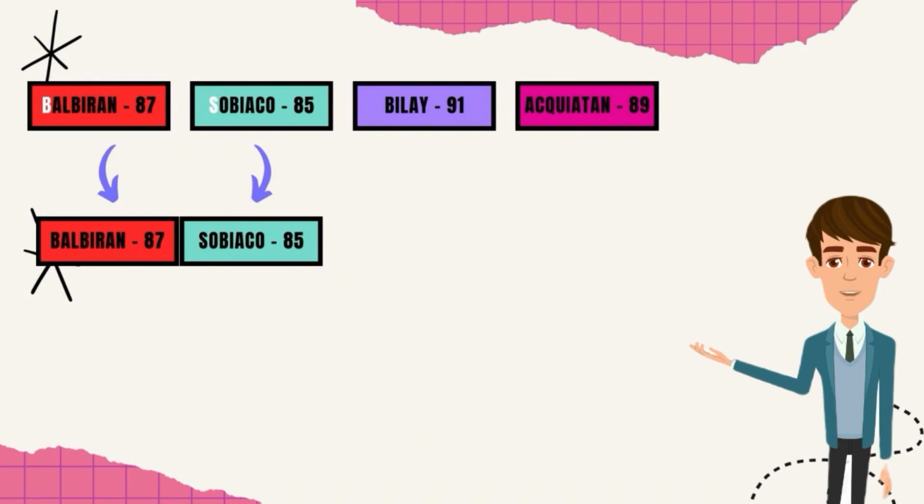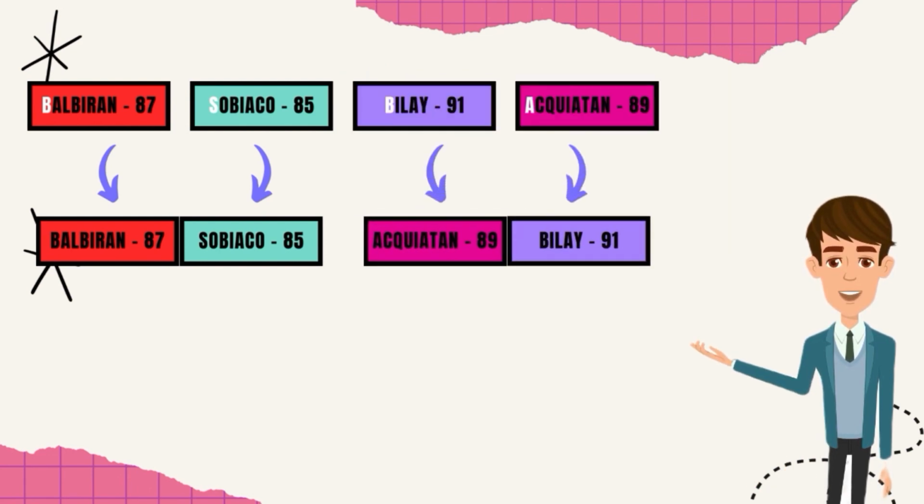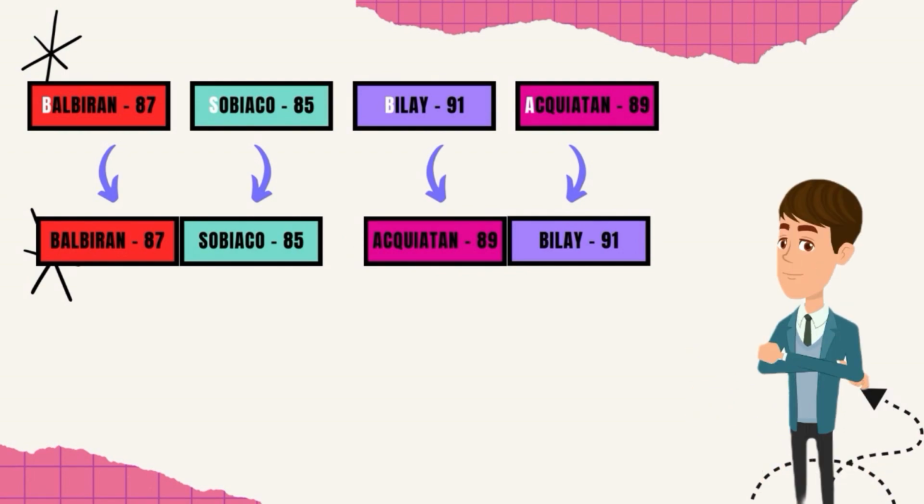In the other set of the data, we have BILAY with letter B and ACQUIATAN with letter A. Same procedure, ACQUIATAN will take place followed by BILAY. So as you can see, we have merged into 2 segments. And now we have 2 sets of sorted lists, and we will do it again with the same procedure. Each data will compare its first character. So we have BALBIRAN with the letter B, SOBIACO with letter S, ACQUIATAN with letter A, and BILAY with